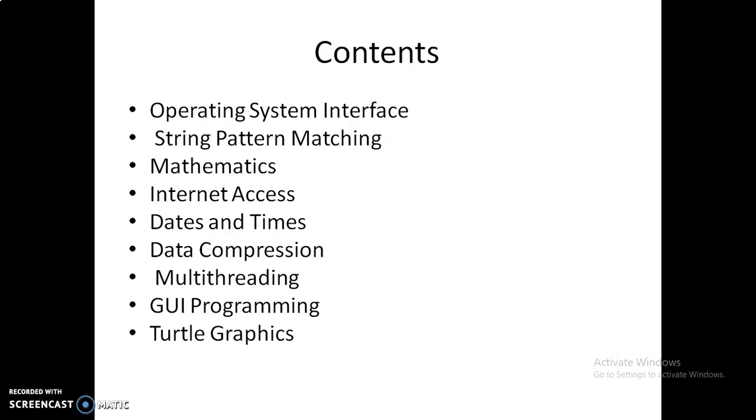Next is turtle graphics. Here we'll see how to draw different types of shapes using the turtle package in Python. We can see drawing of lines, and shapes like squares, rectangles, pentagons, and hexagons. Next we'll start with the first standard library, that is the operating system related